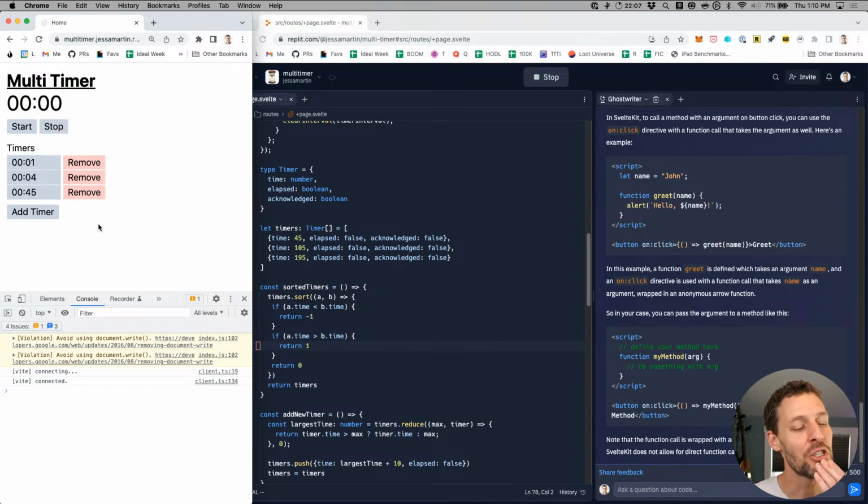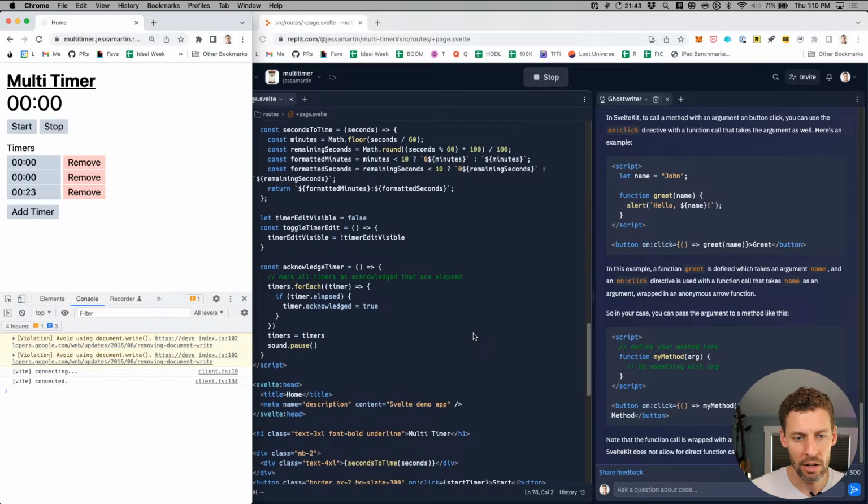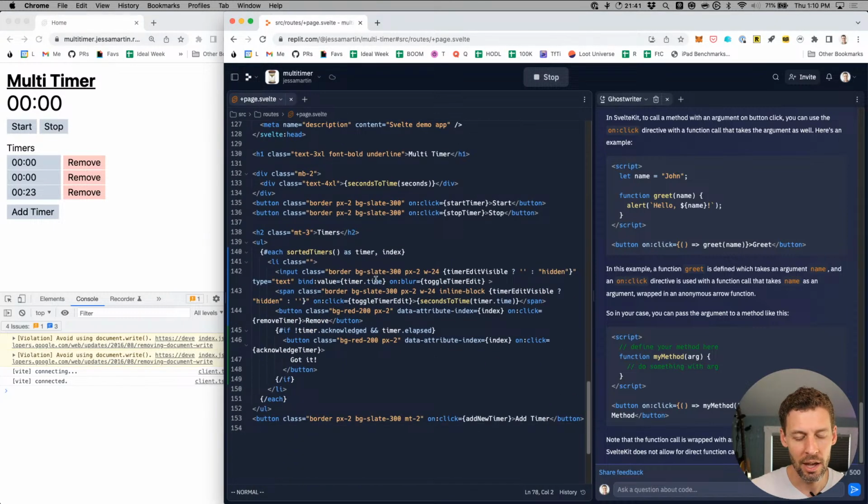Interesting that it reorders the DOM that fast. So the bind value doesn't wait for you, it just waits for you to stop typing. There's some sort of debounce happening on this.